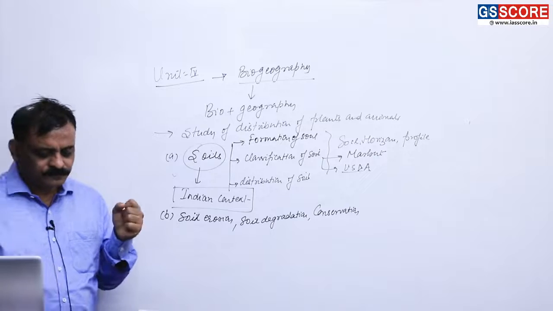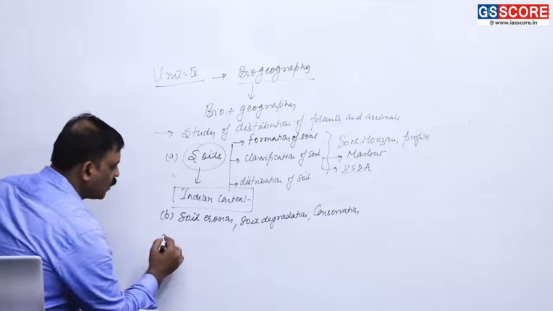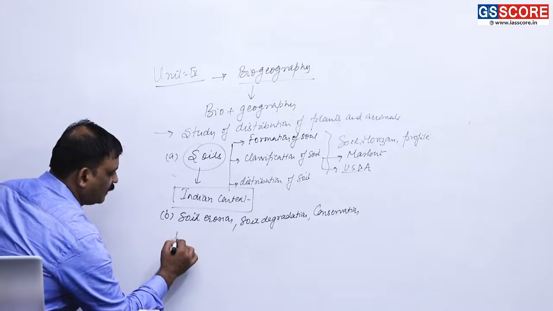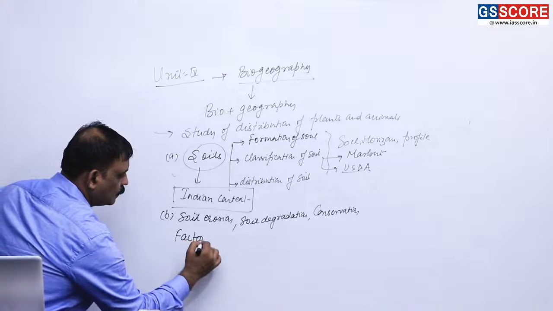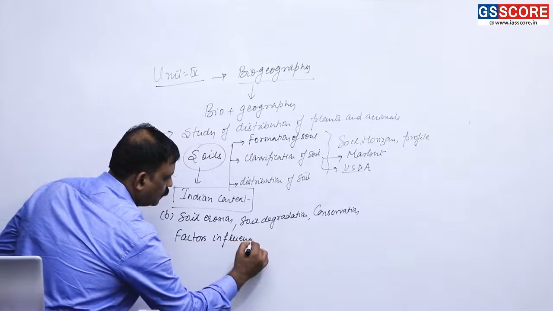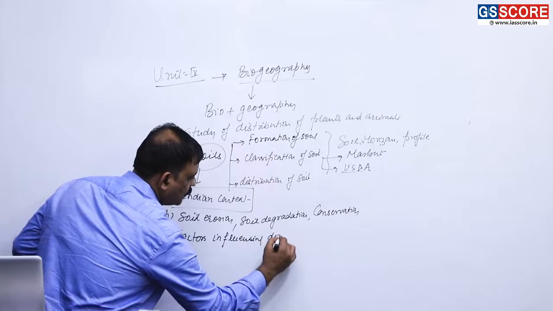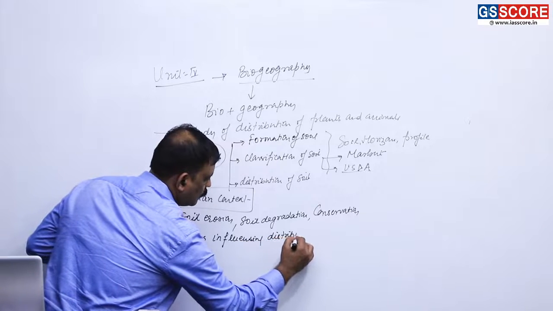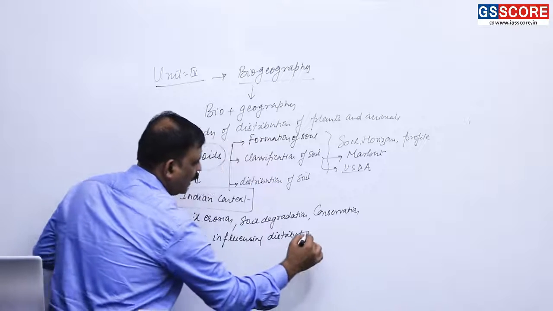Okay, now the next topic is about factors influencing distribution of plants and animals,